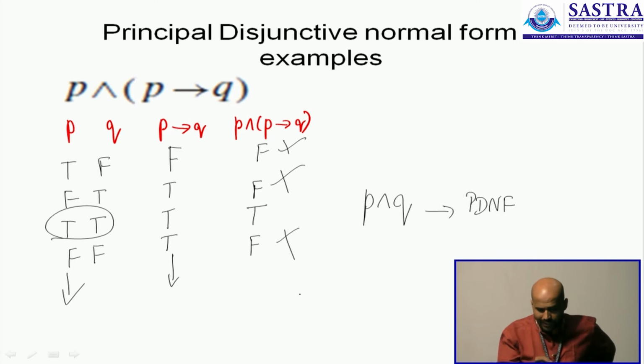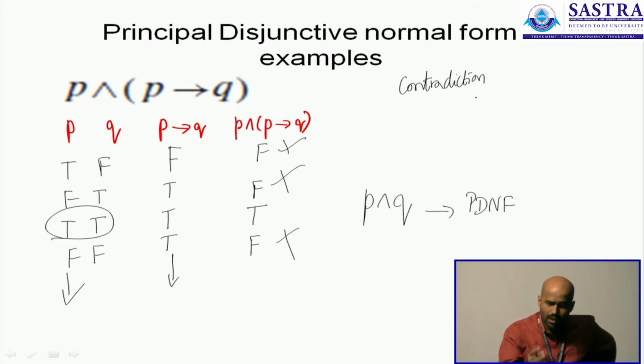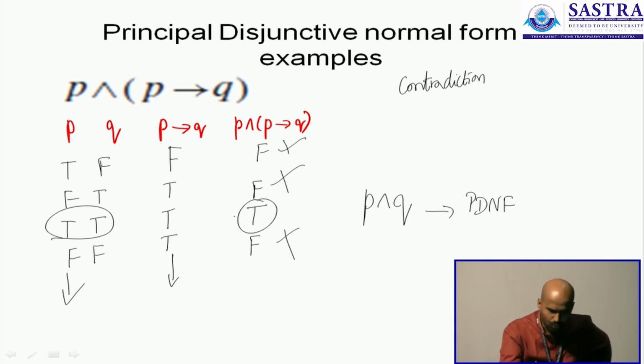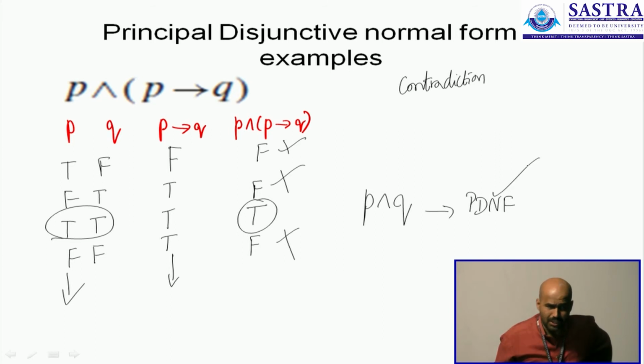And also, by constructing the truth table, you're verifying that the given statement is not a contradiction. You can recall that's one of the first things that you will do. You will verify if the given formula is actually a contradiction, because if it's a contradiction, every value in the output sequence will be false. There's nothing to highlight, and hence the PDNF will not exist. The PDNF will exist only when at least one of the input sequences returns a true value. If none of them returns, there is no PDNF possible. Now here, once you draw the truth table, you will see that there is at least one term which gives a truth value, and that takes part in the PDNF.